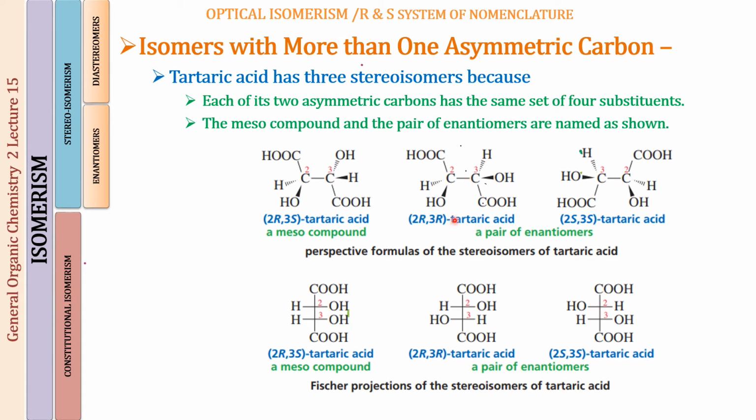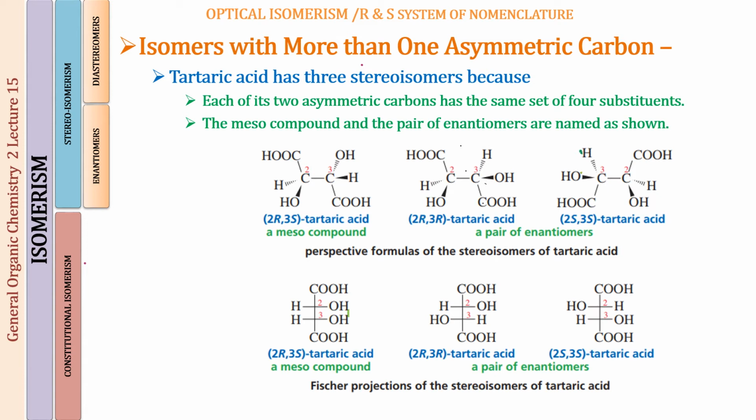And when we look at the second and third structure, what you can see is 2R and 2S, 3R and 3S. So both the chirality centers have different configurations. One is R, the other is S. So this forms a pair of enantiomers, right? Similarly, you can compare 1 and 3 also. They are going to be a pair of diastereomers. 1 and 2 are going to be non-mirror images of each other. 2 and 3 are going to be the mirror images of each other, which are non-superimposable, right? I hope this is clear.